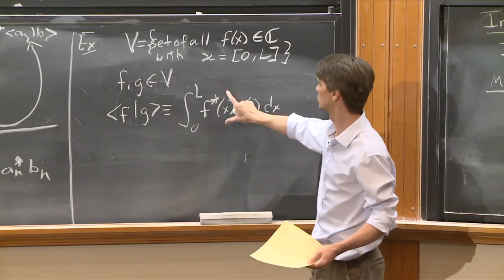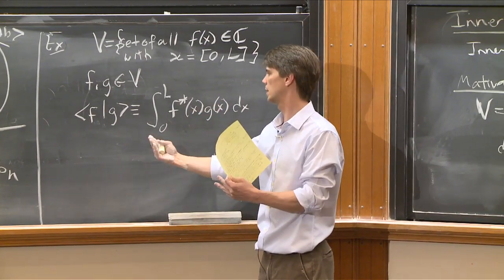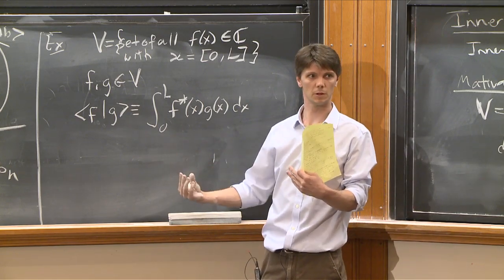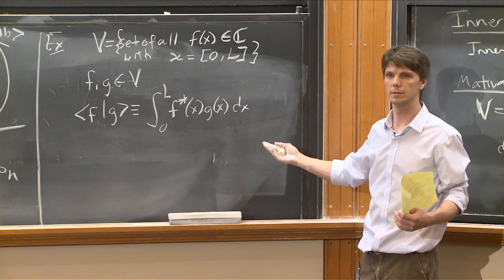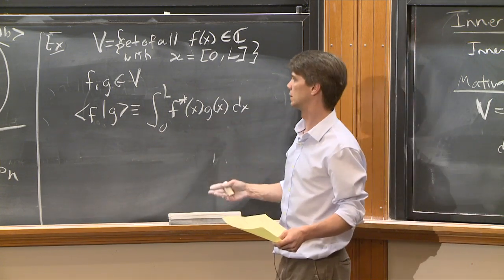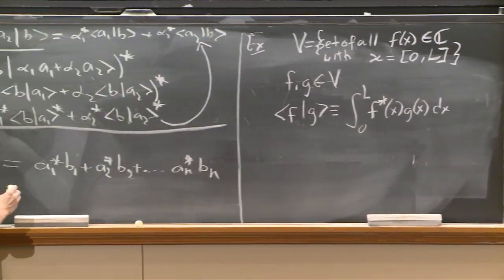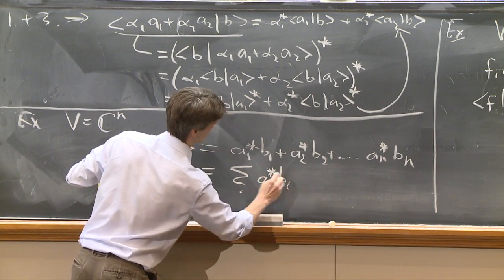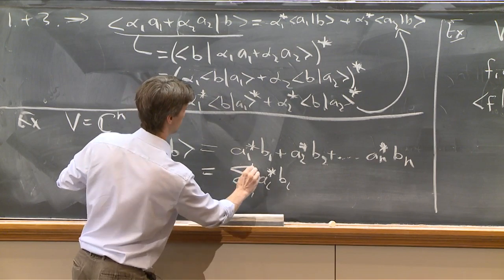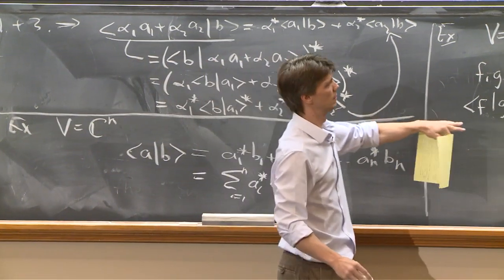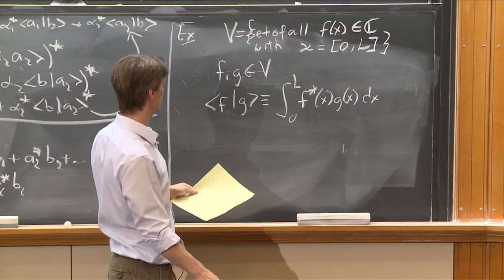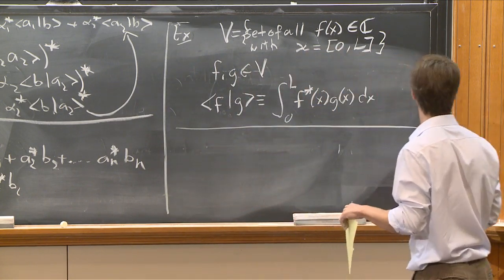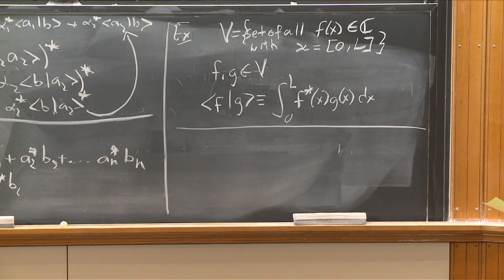And if you think of this as arising from evaluating f at a set of discrete points, where you've got a finite dimensional vector space, and then letting the space between those points go to 0, this is kind of the natural thing that will arise, right? It's really an integral as a limit of a sum, and over here, of course, I could write this one is just the sum over i of a_i star b_i, i equals 1 to n, right? And so the integral is the infinite dimensional generalization of the sum. And that might be something to talk about in recitations. Okay.